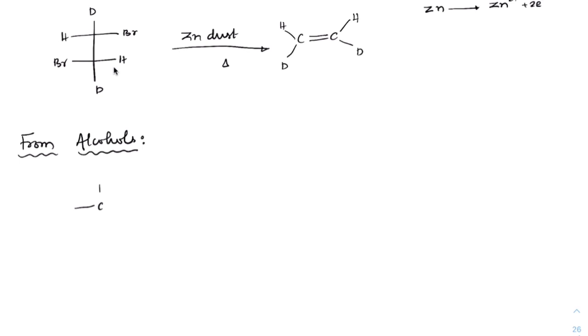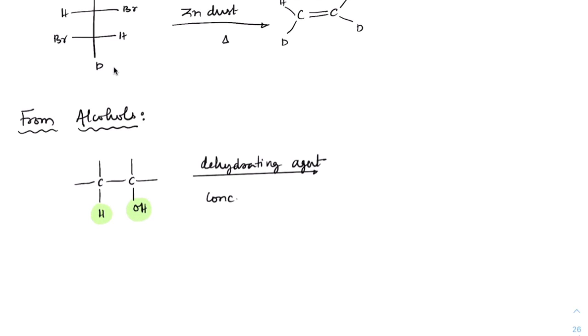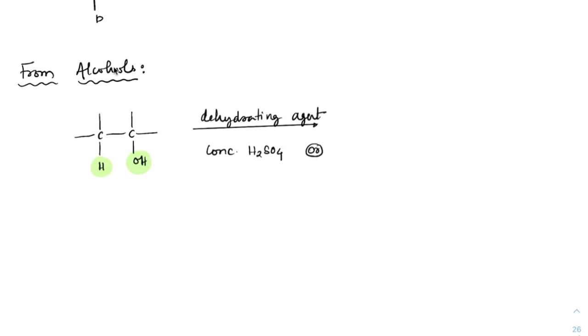So the first generic thing you need to write down is that if you have OH here and H here and an elimination is happening, it is preferably because of some dehydrating agent, because ultimately what is the reaction happening? H and OH are being lost. So it has to be through a dehydrating agent like concentrated H2SO4, a very good dehydrating agent, or concentrated H3PO4,